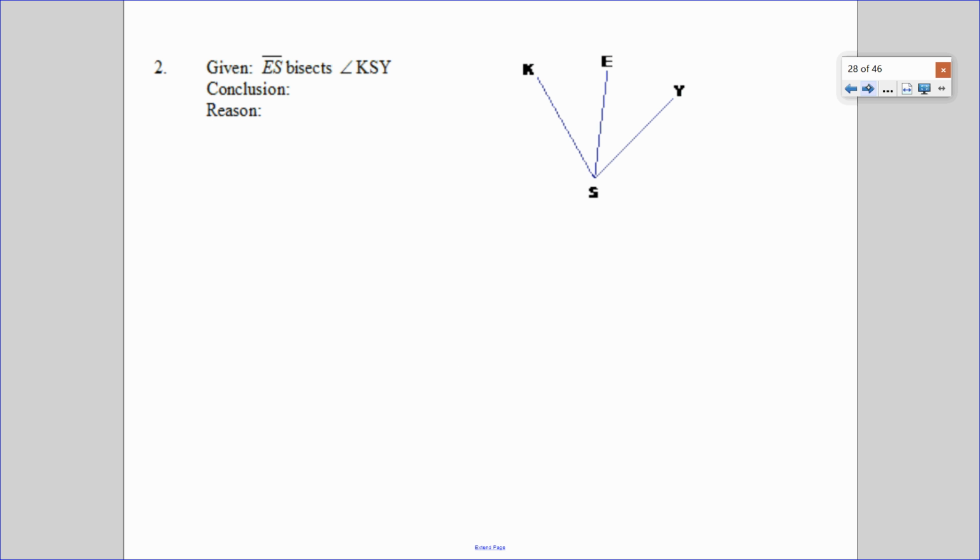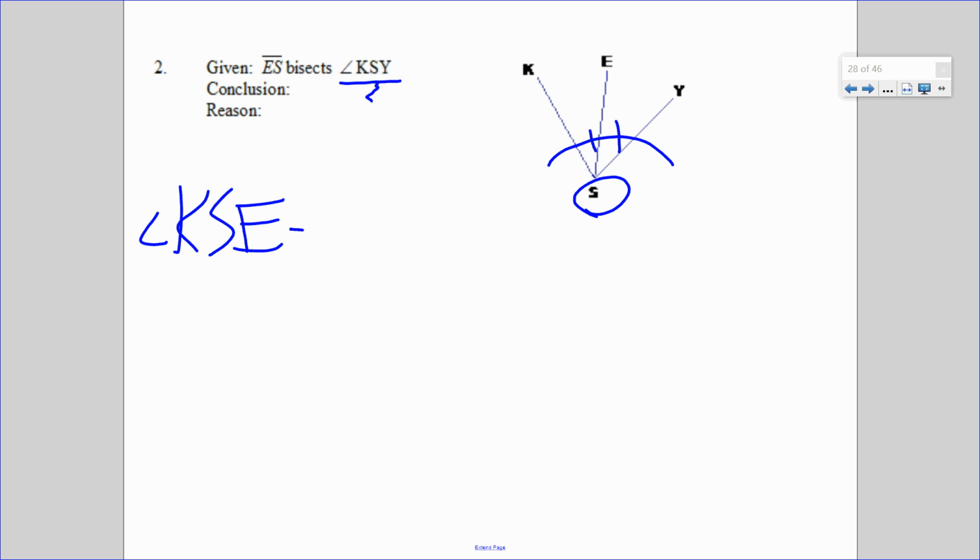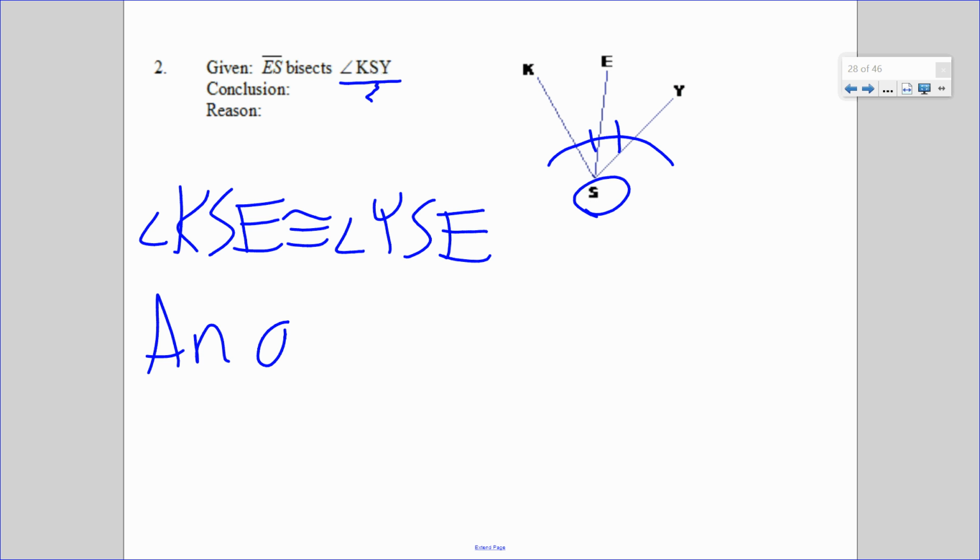Number 2, ES bisects angle KSY. ES punches KSY. KSY is what's being punched. Since it's an angle, it's going to be an angle bisector. What's the vertex of angle KSY? S. So I go to S. That's my original angle. My two congruent angles are right there at that same vertex. So what letter must go in the middle for each of those? S. Angle KSE is congruent to angle YSE,